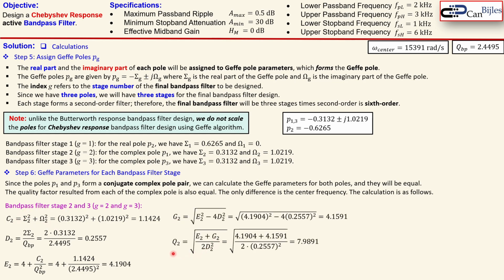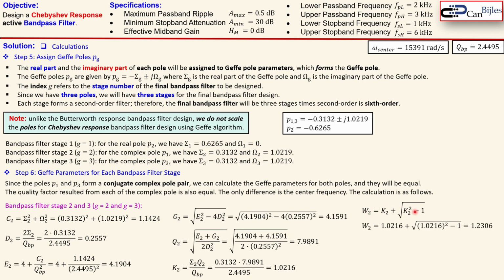The Q2, which is the quality factor of stage 2, is given by this expression. We have the D2, E2, and the G2, which we require here, and it will result in 7.9891. This is also the quality factor of stage 3. So moving on to the other parameter, which is K2, which is in this case 1.0216. W2 is given by this expression. When you substitute values, you get here